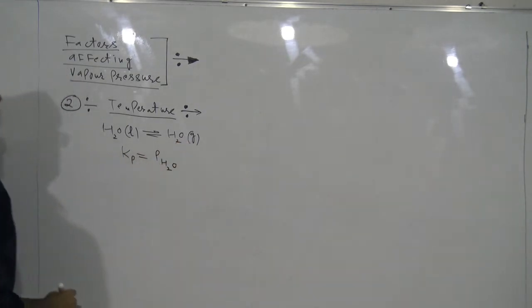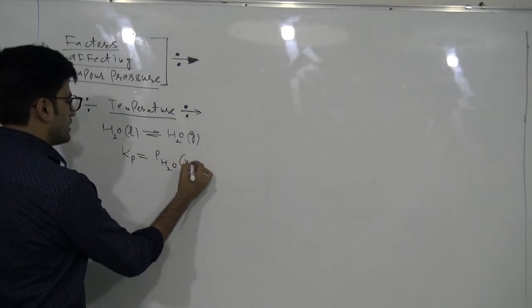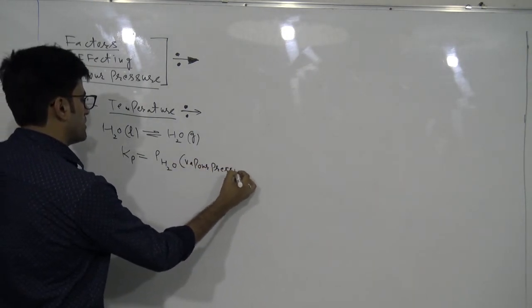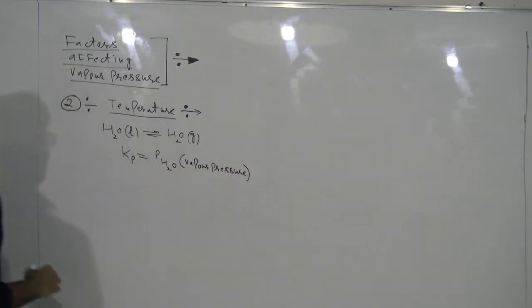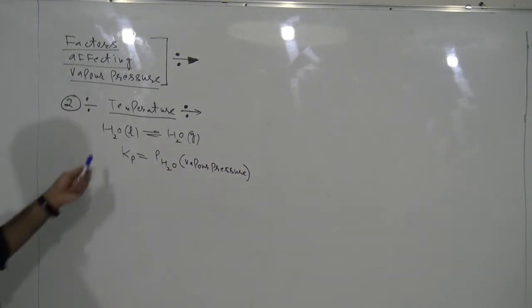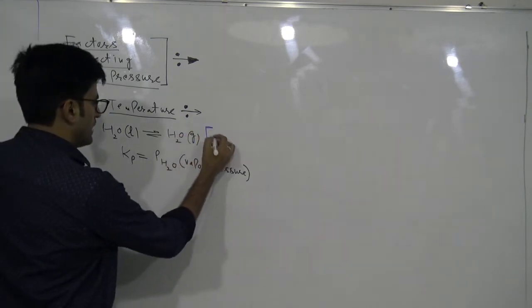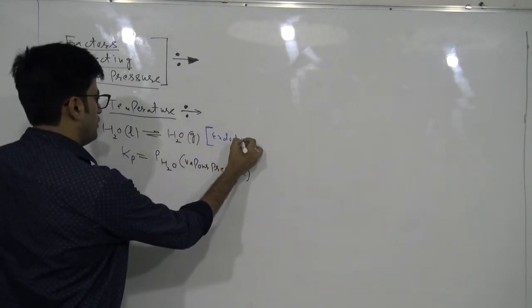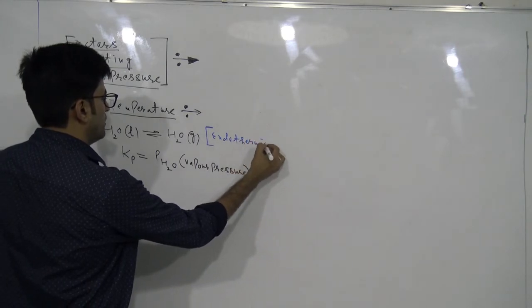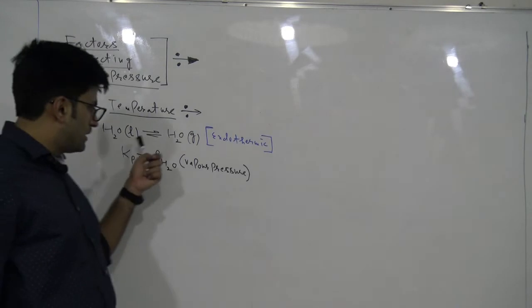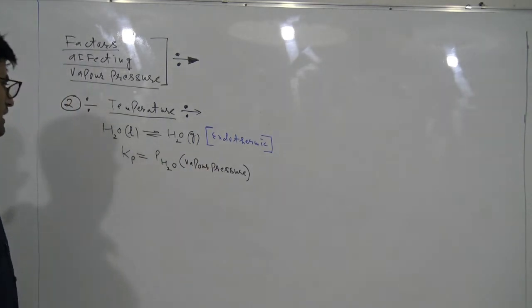So the partial pressure of H2O, and this partial pressure of H2O is also what, guys? This is also vapor pressure. Okay? Now tell me, what kind of process is this, liquid to gas? Is it exothermic or endothermic? This is endothermic. And we have learned this in class 11th, that if the process is endothermic, then on